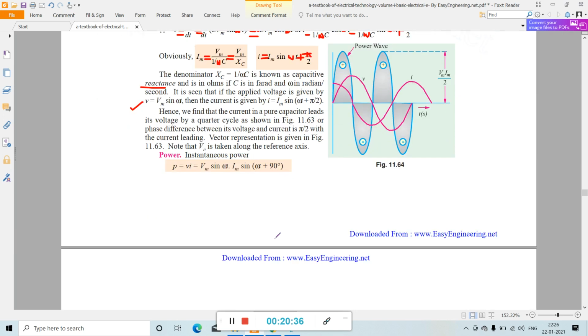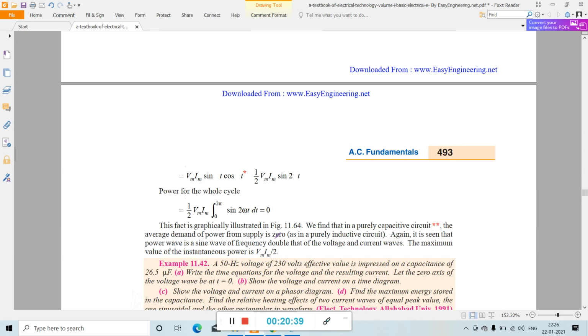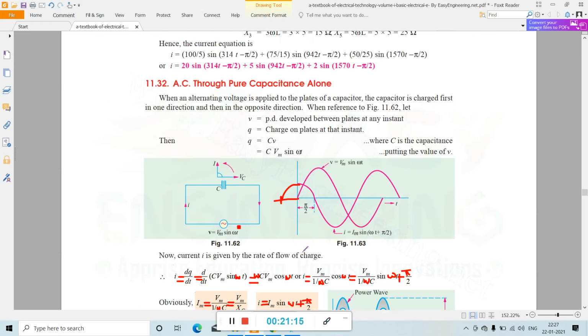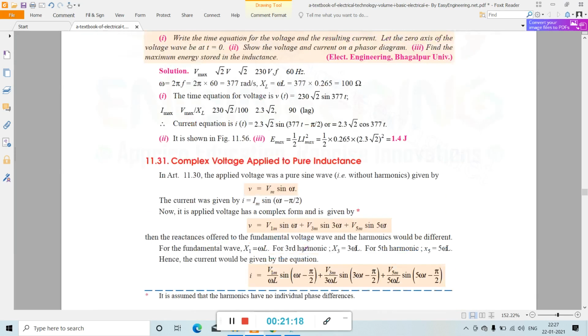You see here also the average demand of power from the supply is 0, as in case of a pure inductive circuit. It is seen that here the power wave is a sine wave of frequency double that of the voltage and current waves, and the maximum value of instantaneous power is Vm Im divided by 2. So this is the maximum value of instantaneous power. This is all about AC through pure capacitance and pure inductance